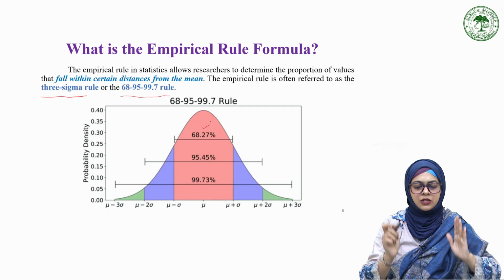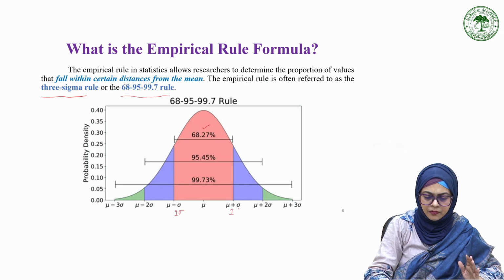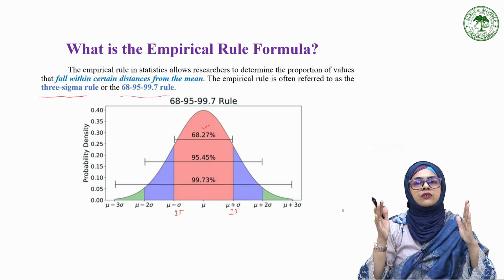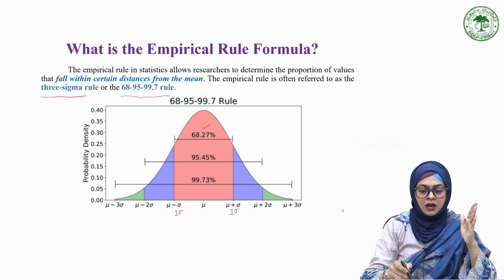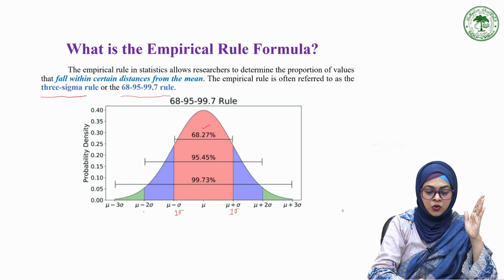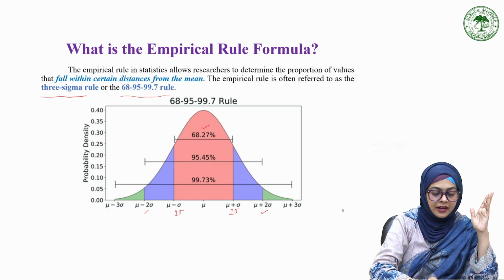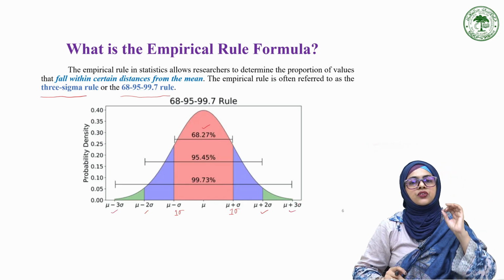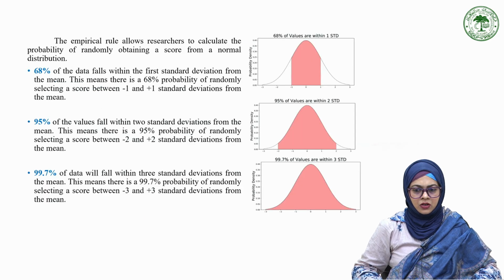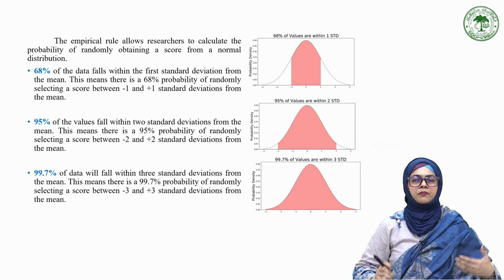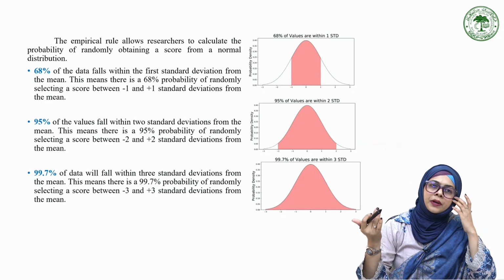68% of the data lies within one standard deviation. So this is where 68% of the data is lying around the average that we just saw in the previous slide, right? Then 95% is lying within 2 standard deviations, and 99% lie within 3 standard deviations of the mean. So the empirical rule basically allows the researcher to calculate the probability of randomly obtaining a score from a